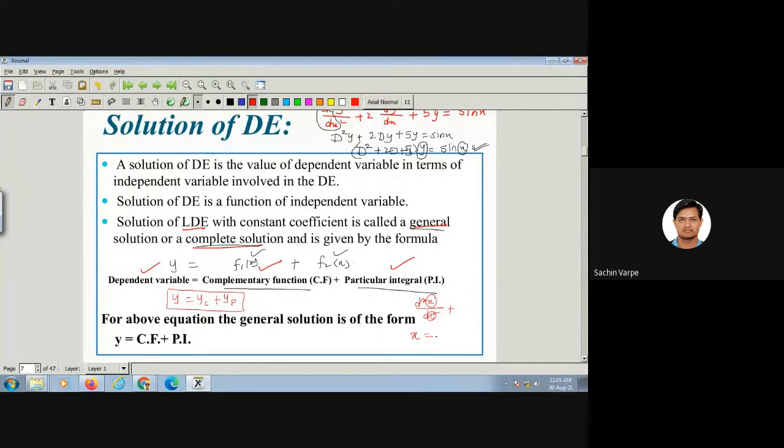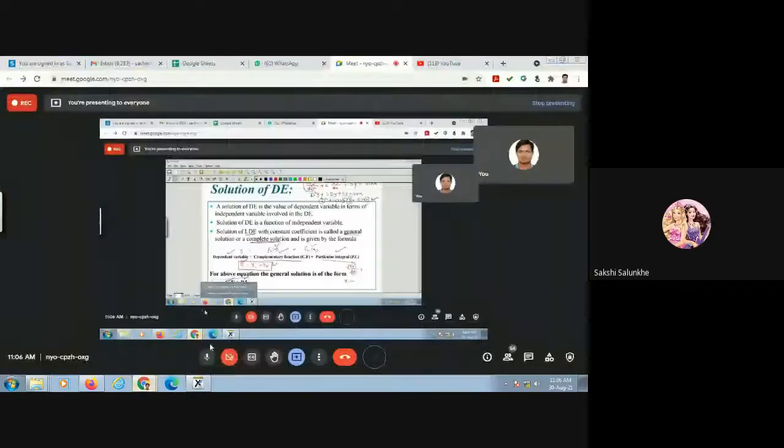So instead of using these notations, in general we can use this notation for the general solution, y equal to CF plus PI, where CF is a function in terms of t or the independent variable, and PI is also a function in terms of t. Because when we use this as a standard notation, it means we are saying y is the dependent variable, which is not always the case. Is this clear? Is the point clear to everyone? Yes. Yes, sir.